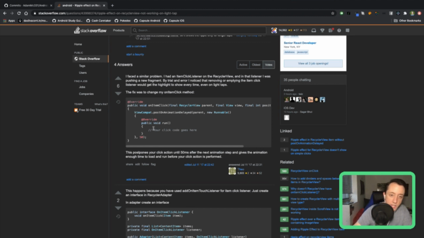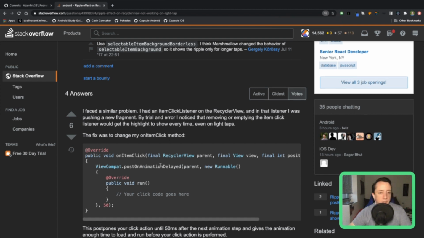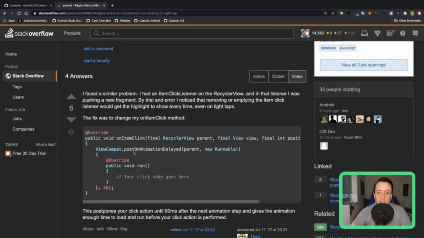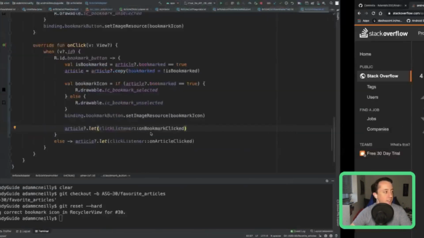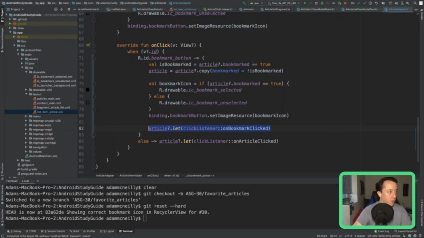So let's try this code. Oh, sorry, you can't see that. So this uses ViewCompat.postOnAnimationDelayed. They give it here. We can try it just to validate this thought process and see if it works. So cut that real quick.